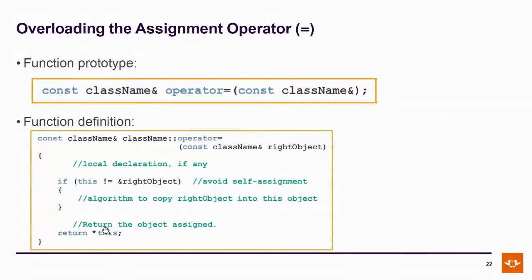And just return yourself. Remember, we need to return ourselves to make the assignment chaining work. Now, this is the reverse of what's going on over here. Here we have a pointer, which we need to compare to a value. So we convert the value into a memory address with the address-of operator. Now we are returning a value, but we have a pointer. So we take the pointer and we dereference it into a value and then return that, which gets converted into a reference rather than a pointer.